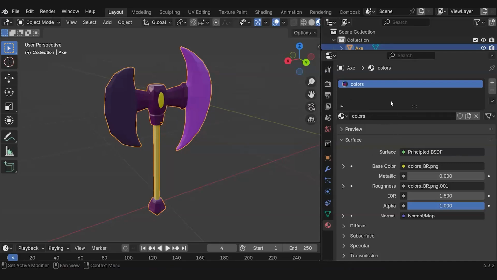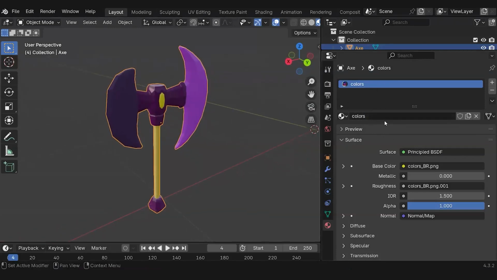So now we're going to look over here. For this example, I only put colors. And the reason for that is if I'm using a regular BR and an MEO, all I need to do is just have this name. Unless I have an unlit or a masked, and that's where things need to be named. But for this material type, which is the base, the default material type, this is just fine.